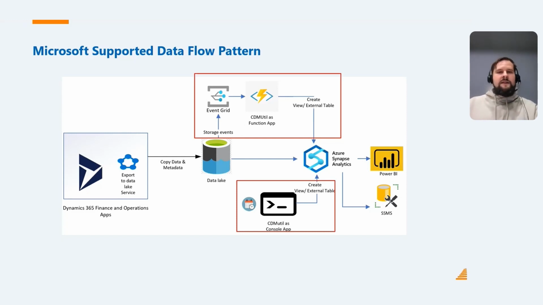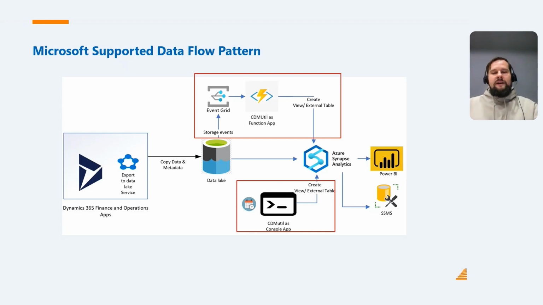That event then is passed to the function app. The function app generates a new SQL statement based on the change, and then sends the SQL statement to wherever you want. We're going to look at Azure Synapse, but technically, if you wanted to, you can run it with other Azure computing services. You could send it directly to Databricks, or somewhere else where you need it. So that's what we have.